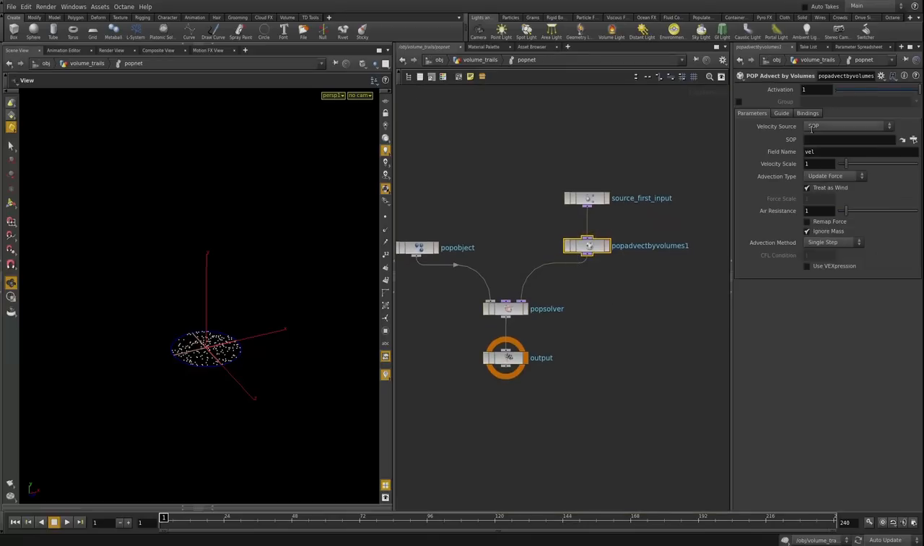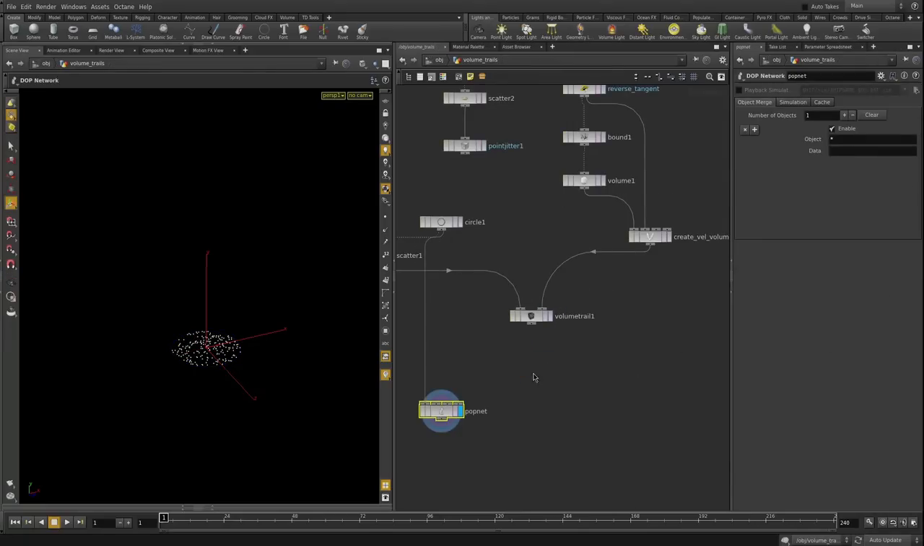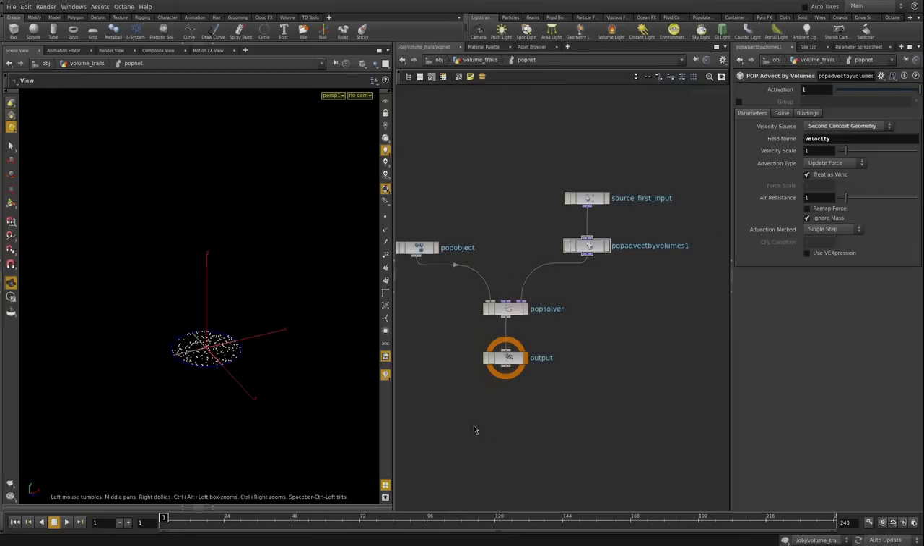And in there, you have to specify your volume, but there's also a nice way how you can bring in this volume that you created. Simply set that one to second context geometry, and then you have to write in the field name, which is not called vel in our case, it's called velocity. Let's go back one level, and we set it to second input, which is that one. So take your volume VOP, where you defined all your values for the volume, and connect that to the second port here. And if you go back in here,